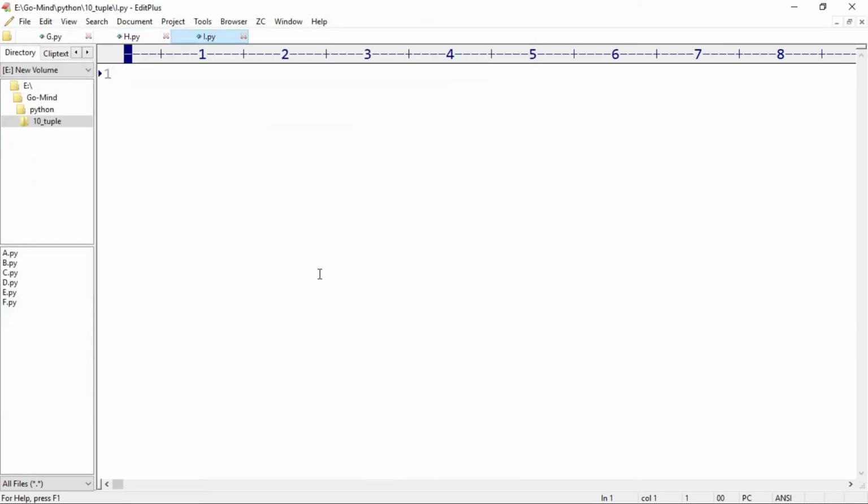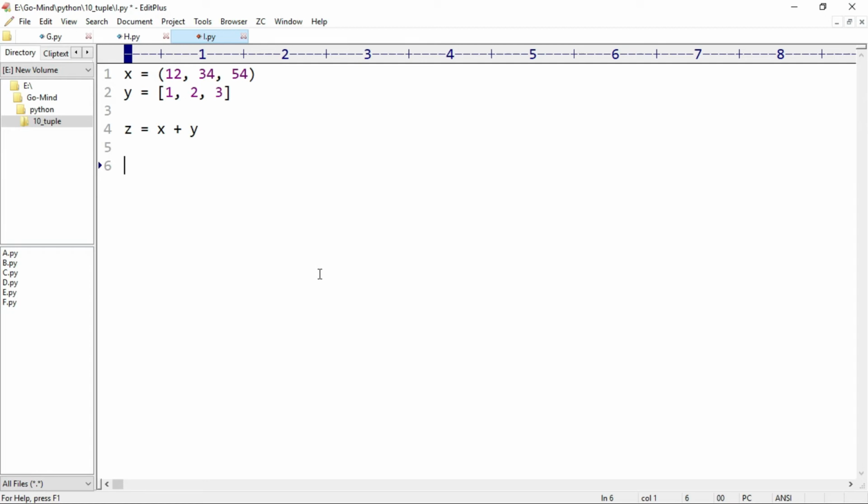Here we have a tuple and a list. So our tuple is x is equal to 12, 34, 54 and our list is y is equal to, let's say, 1, 2 and 3. Let's make a variable z equal to x plus y. Here we are adding a tuple and a list. In the last lecture we saw that one of the properties of tuple was we can't add a tuple to a list. So let's see if that is true or not.